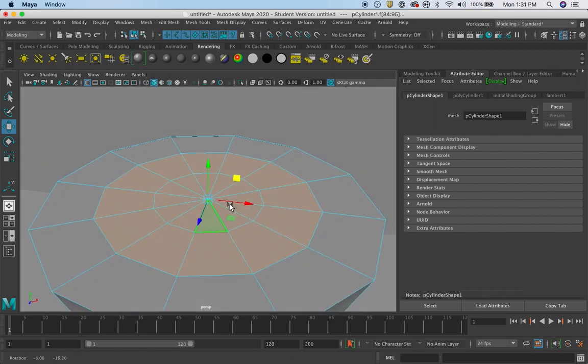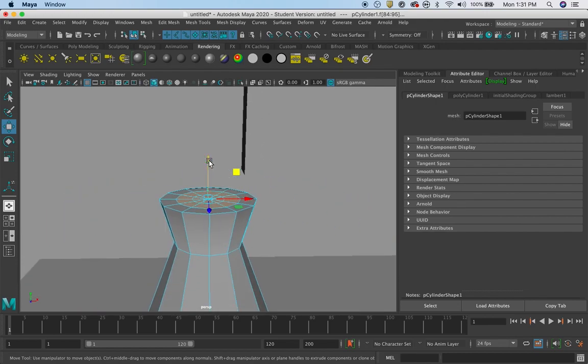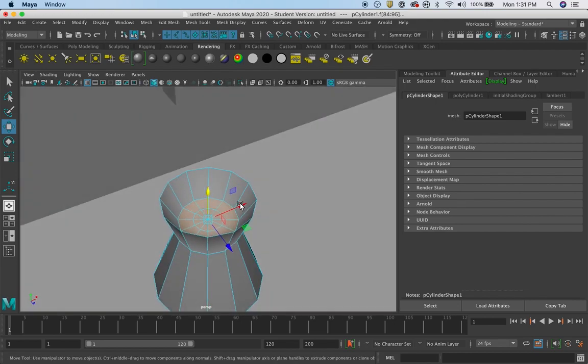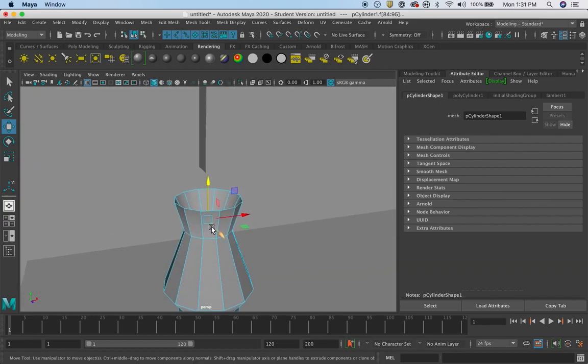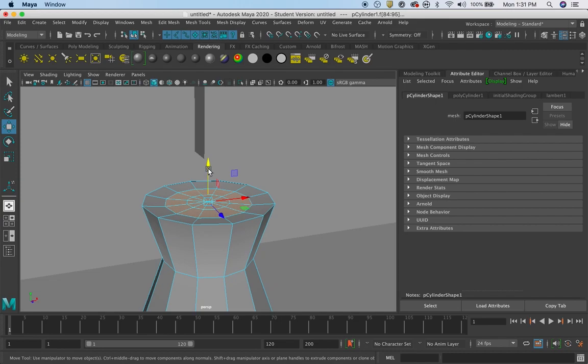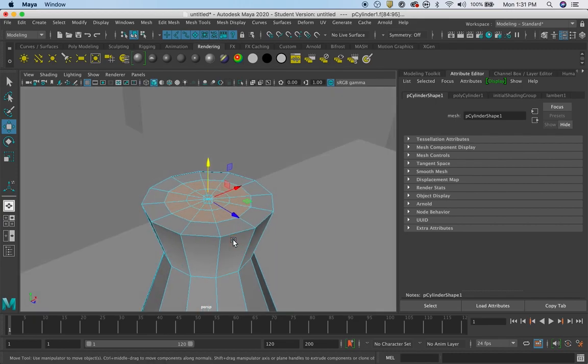So you see I have all those faces. Now, if I pull them down, it creates a very sharp-edged vase, which is fine. It looks nice. It's great. However, if we want to be a little more realistic, or we actually want to 3D print this,